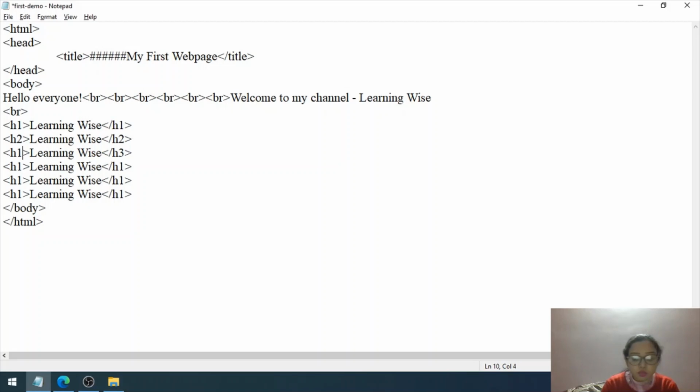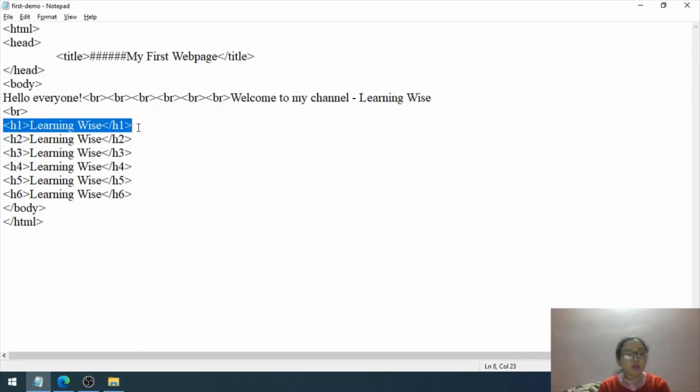Okay, so just give me a moment, and as soon as I save this work, you'll see the difference. Okay, now the last one is left, H6 and end H6. Okay, now you can have a look what I have done here. I have only used the different numeric value range from 1 to 6.